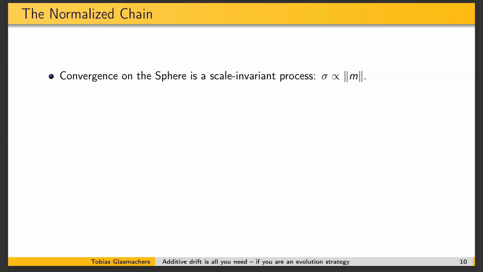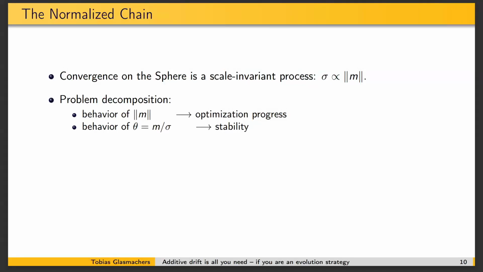okay, so we continue like this. So the process is scale invariant. In that late phase, you can just zoom in, and the situation is always the same. So if step size adaptation does its job, then the step size will be proportional to the distance to the optimum, which for the sphere function is just the norm of the mean vector. Okay, and if that is the case, which we don't know yet, I mean, we know from experiments, of course,